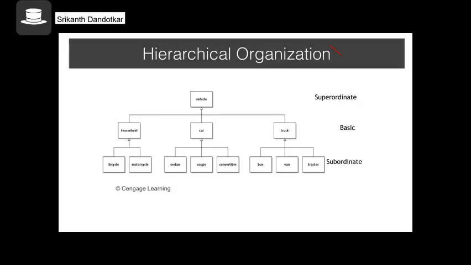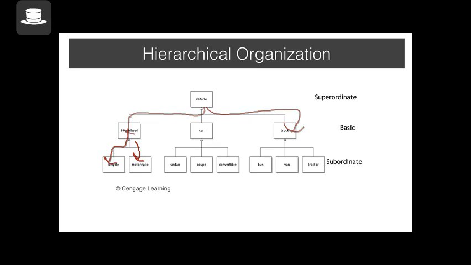Coming to the way concepts are organized. Concepts are organized hierarchically. So let's say you have the concept of car, you have the concept of vehicle, then you have a concept of coupe, right? Well, a coupe is a kind of car, which is a kind of vehicle. These are hierarchically arranged. So if you look at the broader classification, one may have a more extensive one depending on the background knowledge you have about vehicles. So vehicles can be two-wheelers or trucks. A two-wheeler can be a bicycle or a motorcycle, and so on and so forth.